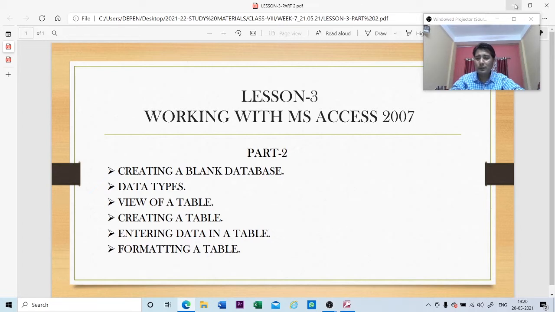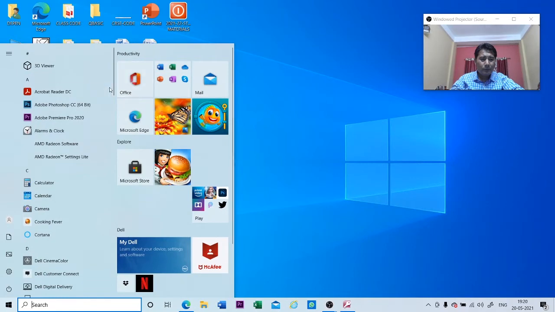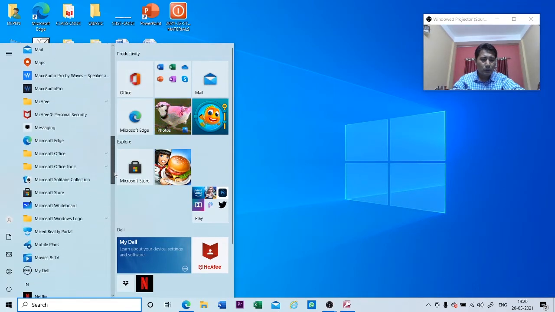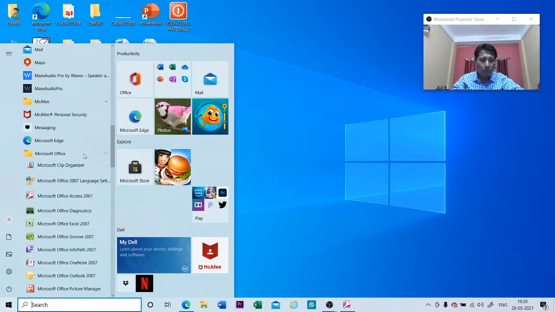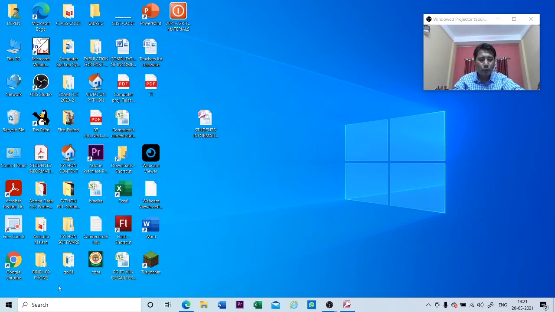So let us begin. Now, how to open MS Access? So what you can do is click on the start button. Okay, from here you need to go to the Microsoft Office. So click on the Microsoft Office drop down arrow. You will see the list of application. From this application you have to click on Microsoft Office Access 2007, or what you can also do is at